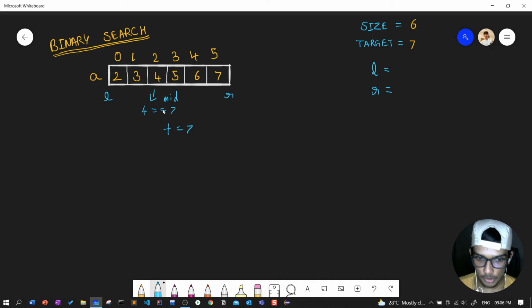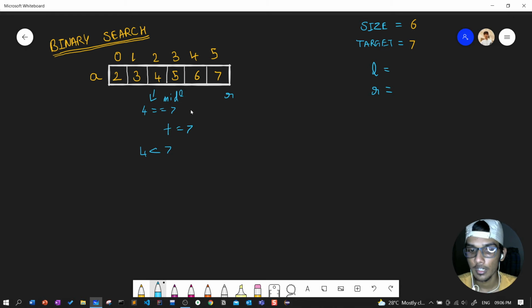If it's not true, we know that 4 is smaller than 7. So this condition is satisfied, and the lowest index will move here, so the lowest value will be 5. We will now focus on these three elements to find the element which is present in the array.